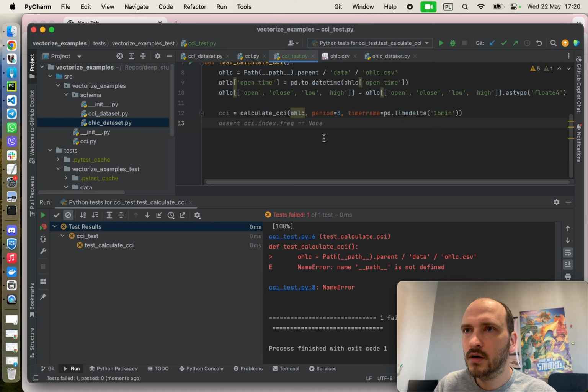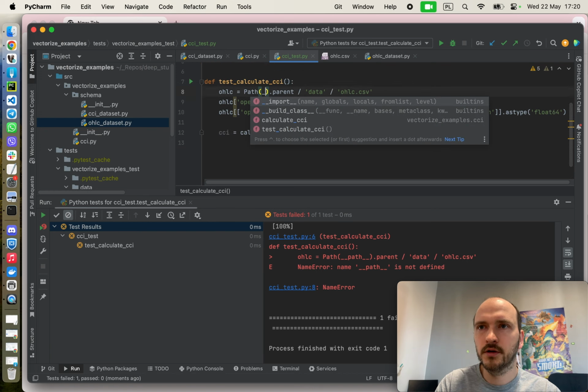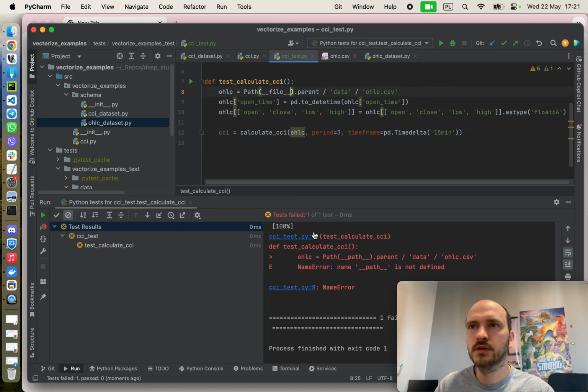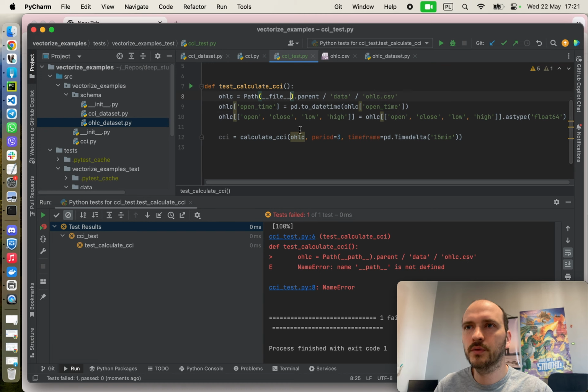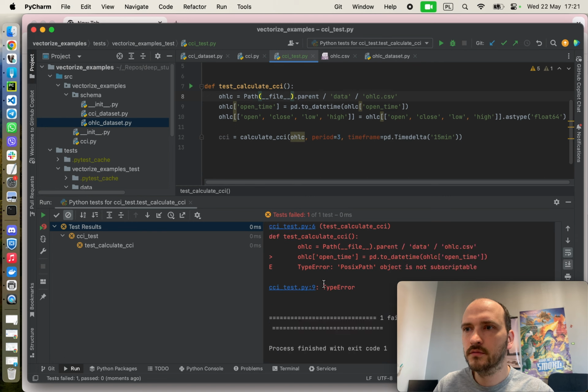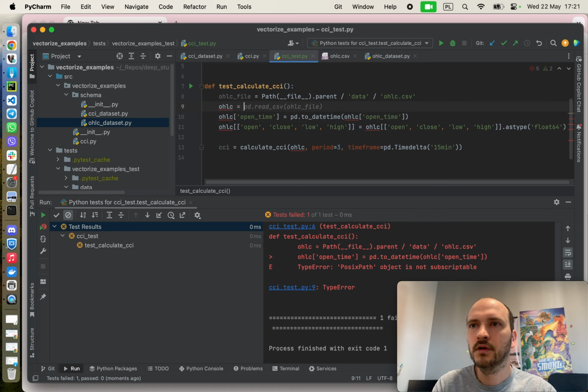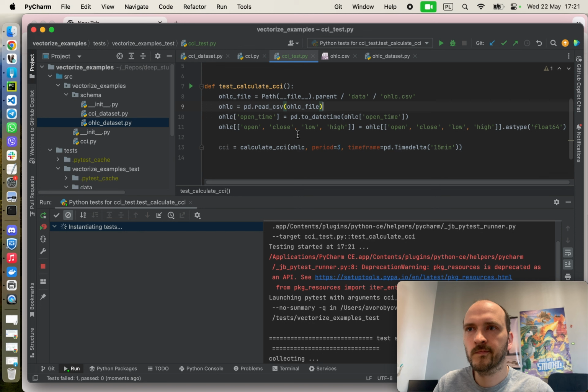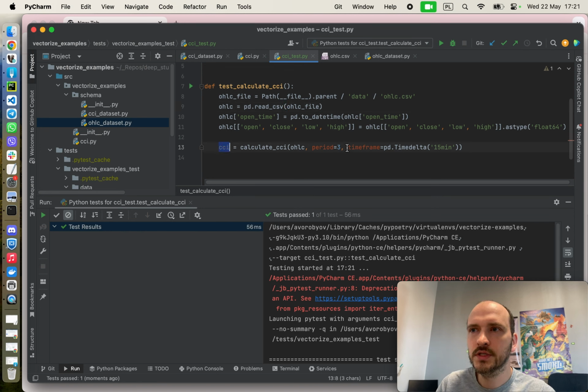Oh, I don't need path, I need file here. So it's the path to the current file, to the file with the test. Something still wrong. Okay, so it's also a file, and now I need to read CSV like that. Okay, so CCI is calculated, and what I do next is I save